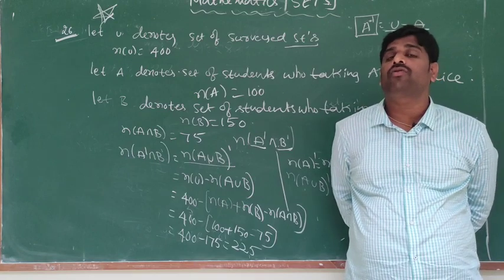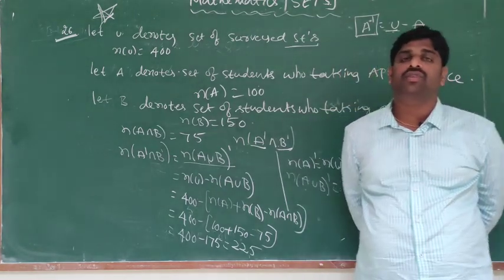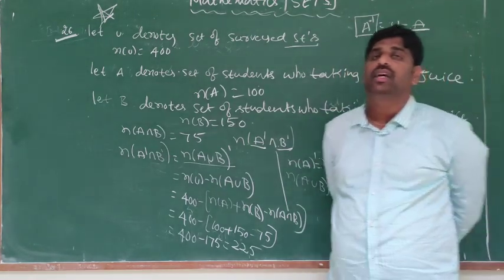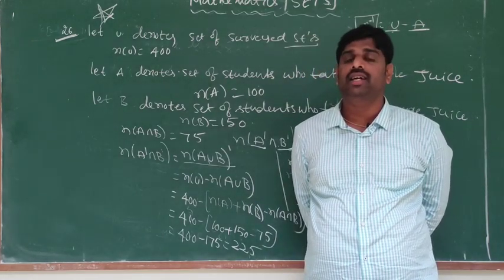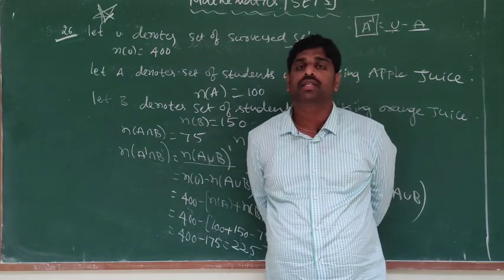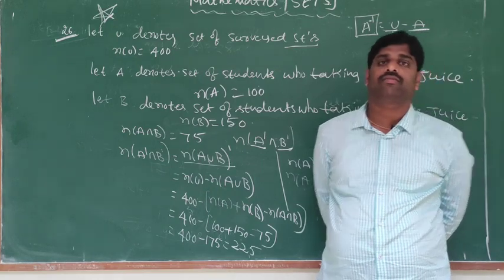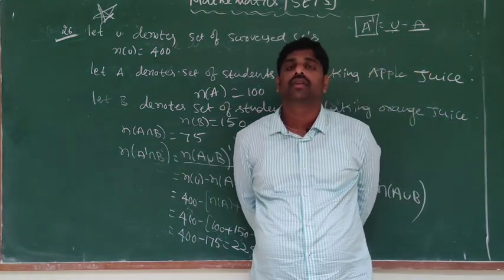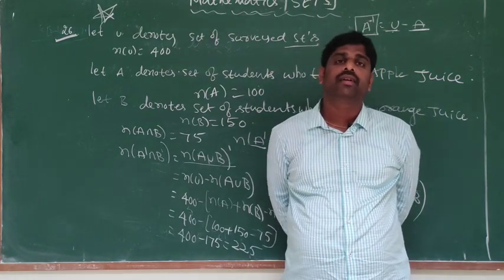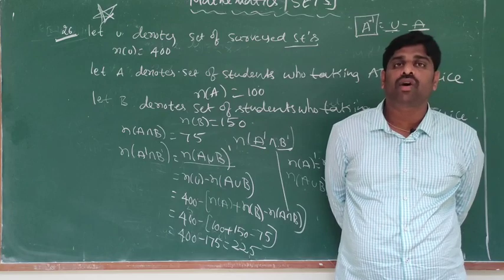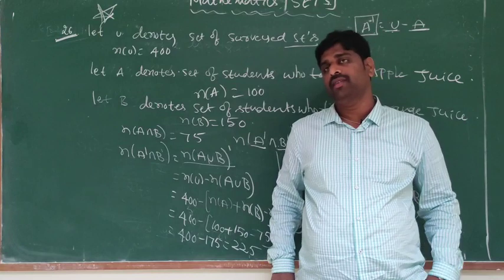Next example problems are also completed, exercises completed, so the full chapter is completed. The first exercise, exercise 1.1, is representation of a set. Second exercise is finite set, infinite set, empty set. Third exercise is subset, power set and intervals. Fourth exercise is union and intersection of two sets. Fifth exercise is fully deleted. Sixth exercise is practical problems of union and intersection of two sets. So the entire chapter is completed.